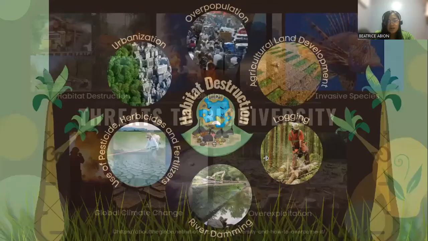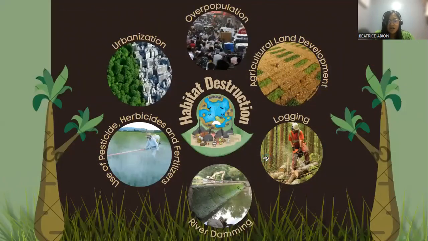One of the factors is the habitat destruction that comprises numerous human activities such as urbanization that may cause biodiversity to decline by destroying large areas of natural habitat on which many species depend. And the next is the overpopulation. So as population increases, the disposal of waste from household, agriculture, and industry increases, and it pollutes habitat and poison